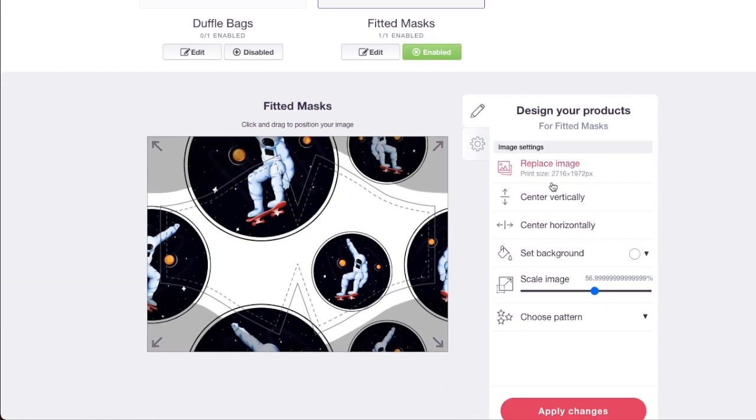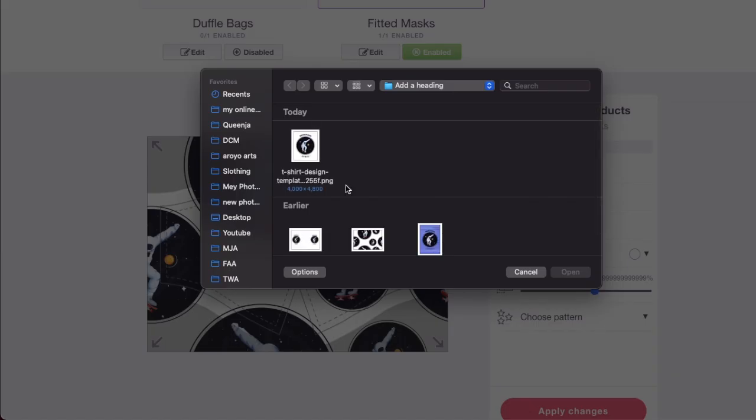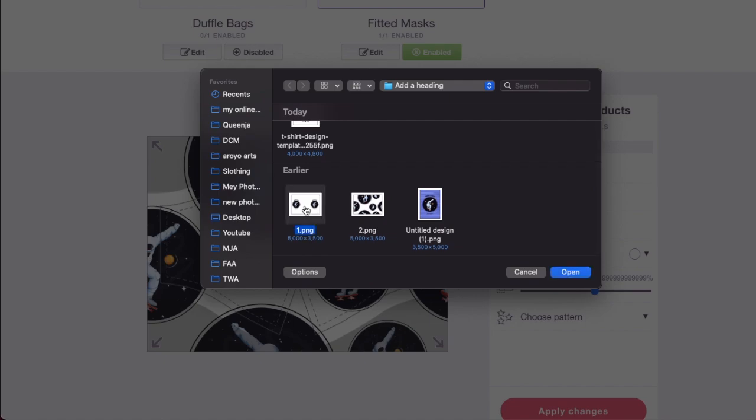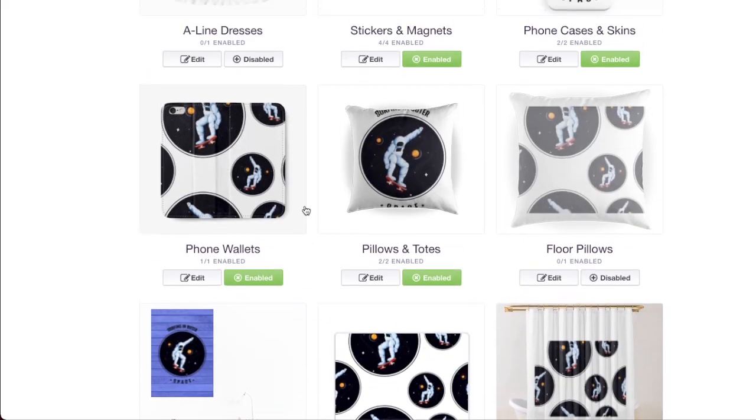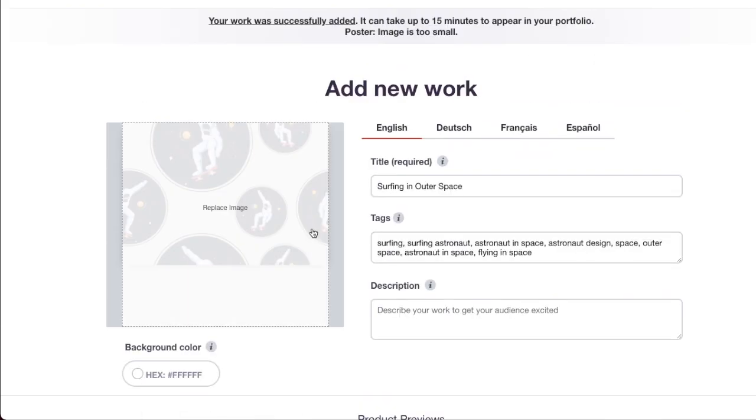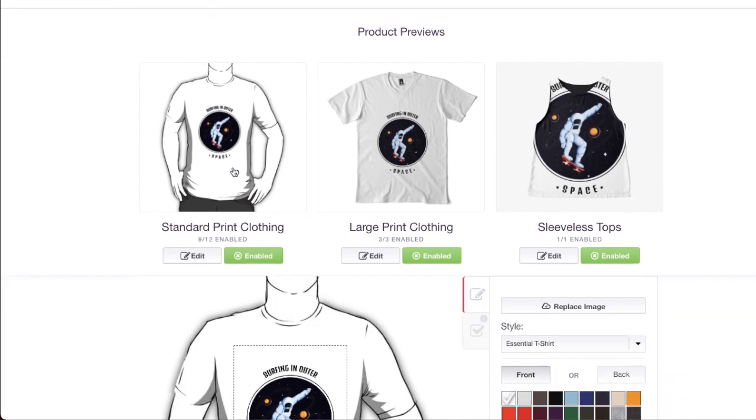I think that for the fitted masks, I'm going to try the one I did for the mugs and see how it goes, on both sides. And now I think enough time has passed that I can start designing the products that I've already uploaded to. So I'm going to the t-shirts,